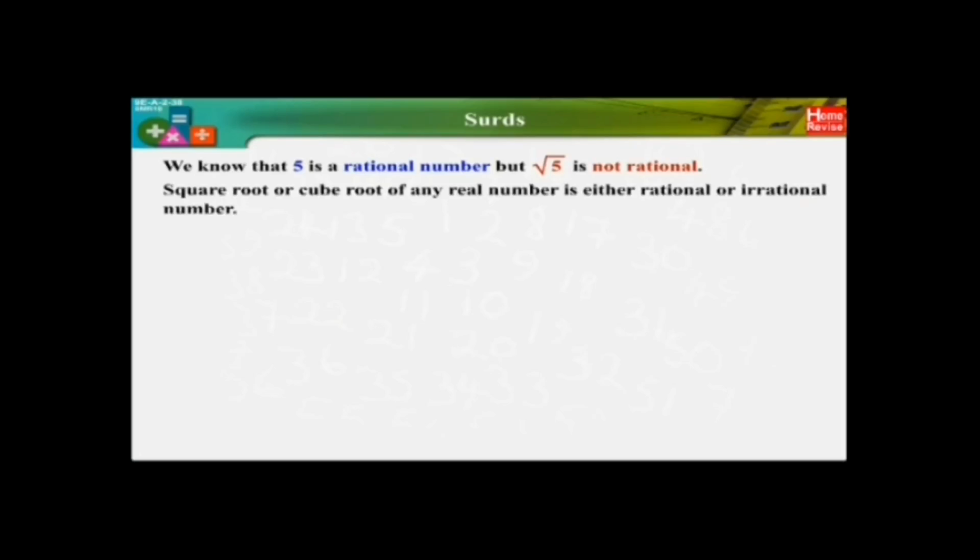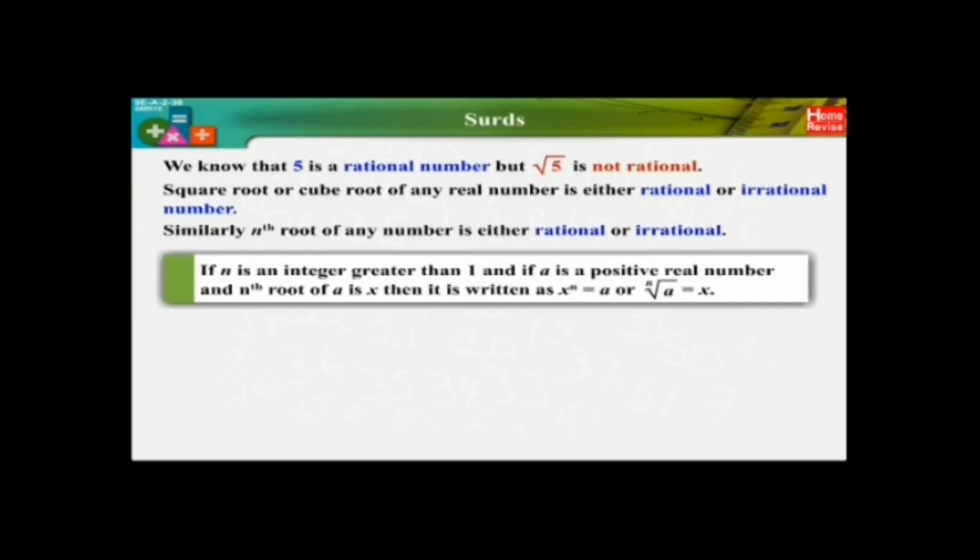Surds. We know that 5 is a rational number, but root 5 is not rational. Square root or cube root of any real number is either a rational or an irrational number. Similarly, nth root of any number is either rational or irrational. If n is an integer greater than 1 and a is a positive real number, and nth root of